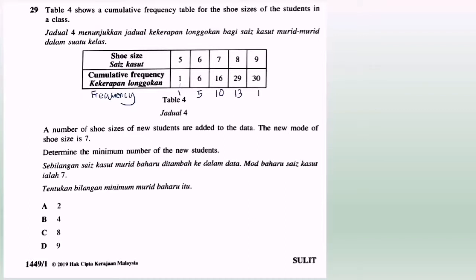The new mode of shoe size is 7. At first, the mode of shoe size is 8. Now we add a certain number of students, and the mode of shoe size becomes 7. So it means we need to add at least 4 students, so that it equals 14. Then only it can be more than 13. So the answer is